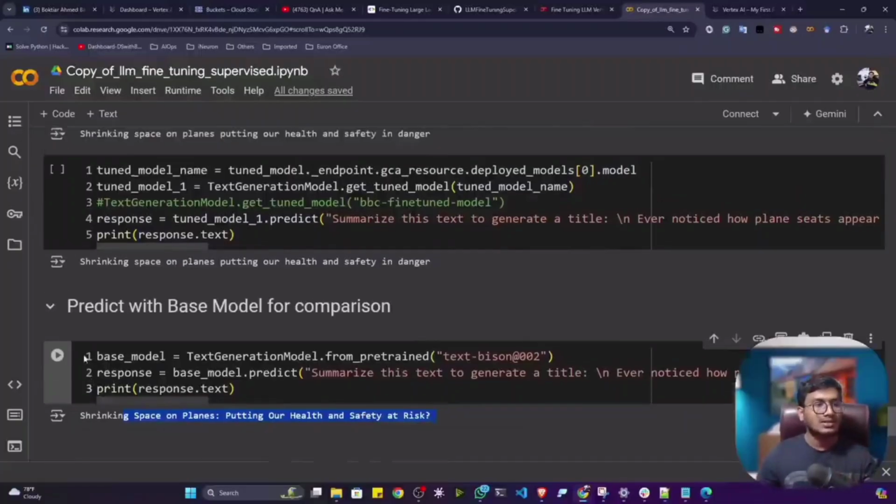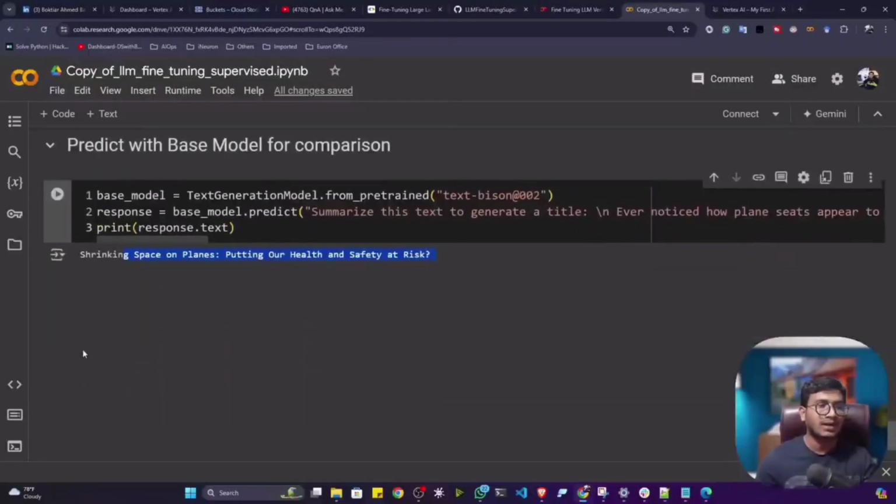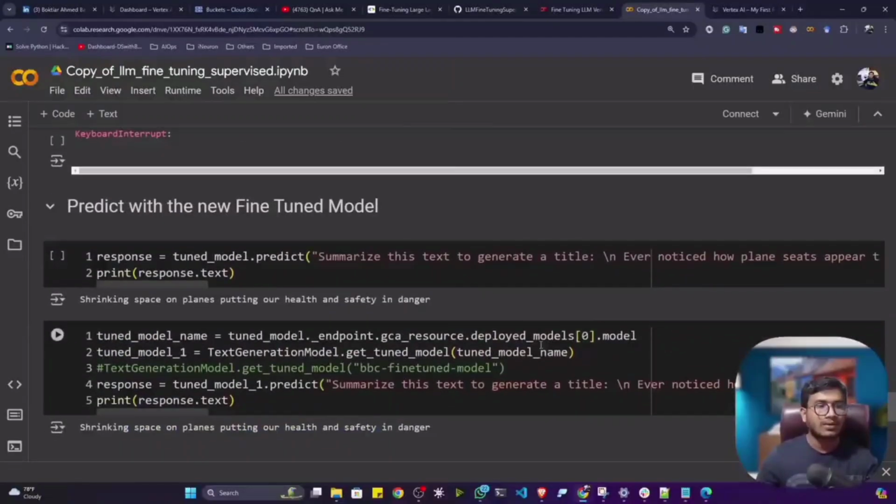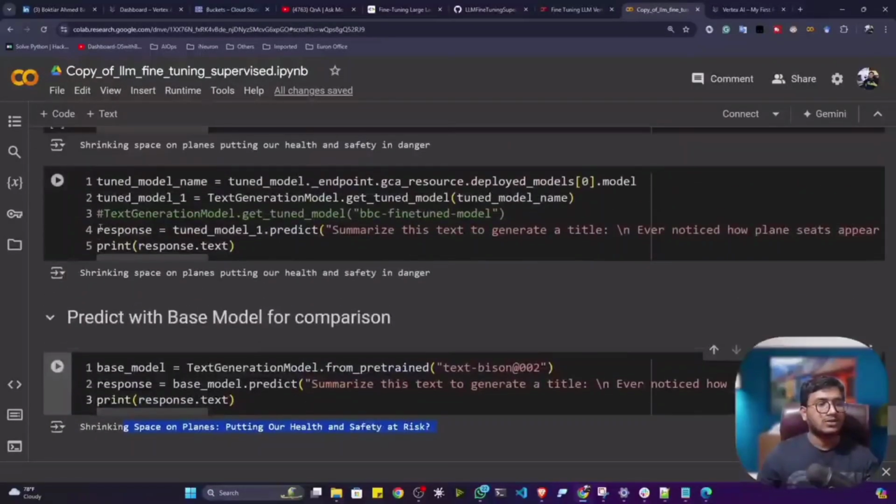Got it? So that's how you can perform the fine tuning operation. After that you can deploy your model as an endpoint to Google Cloud. Now I think it is clear. Now you can pick up any other model and perform the same fine tuning operation. All right, so these resources would be